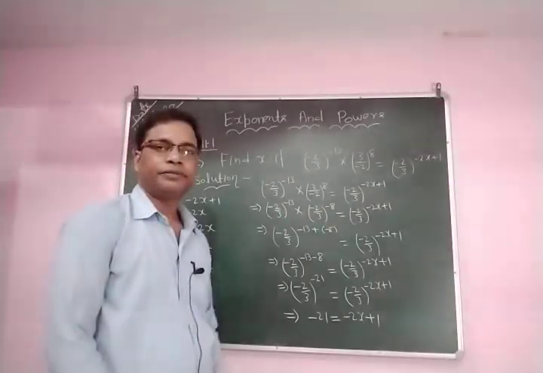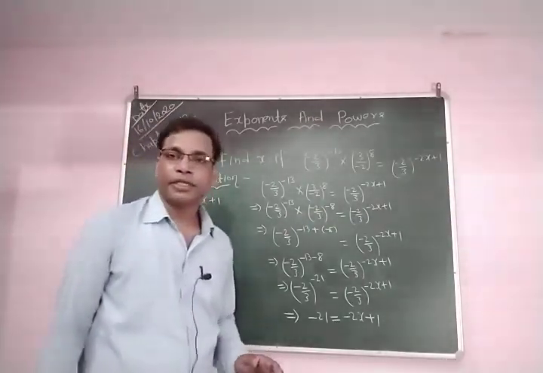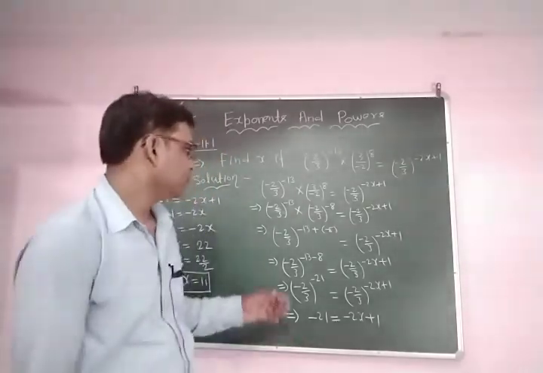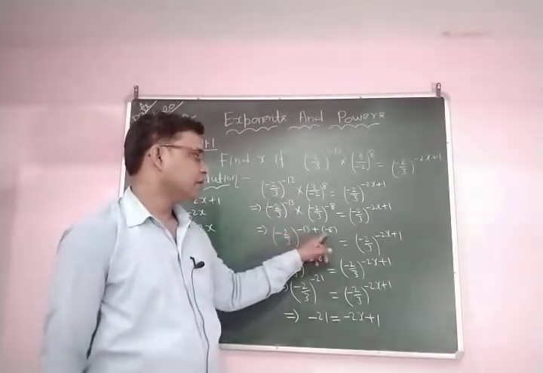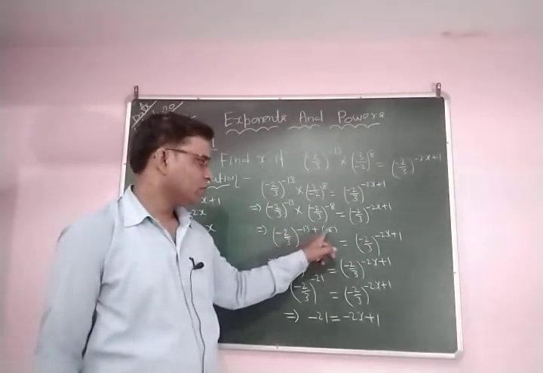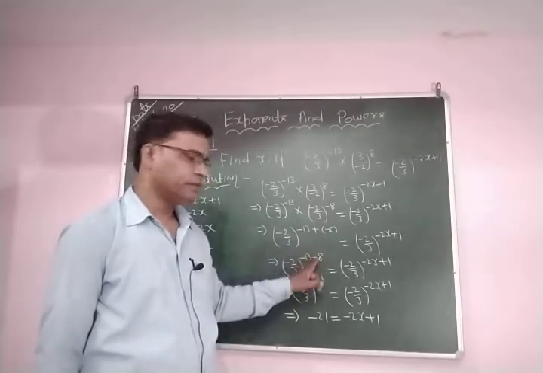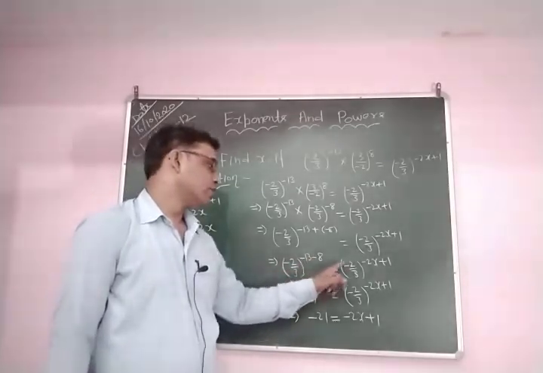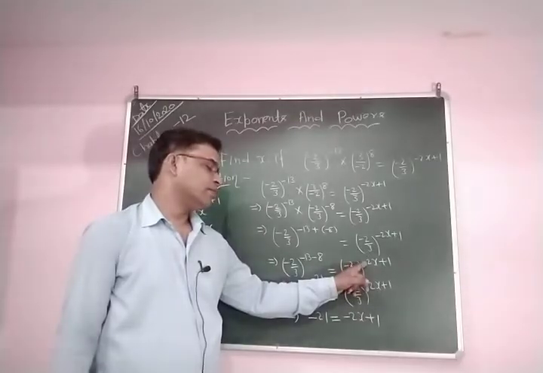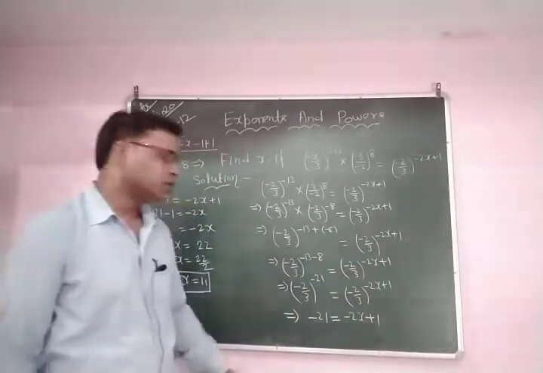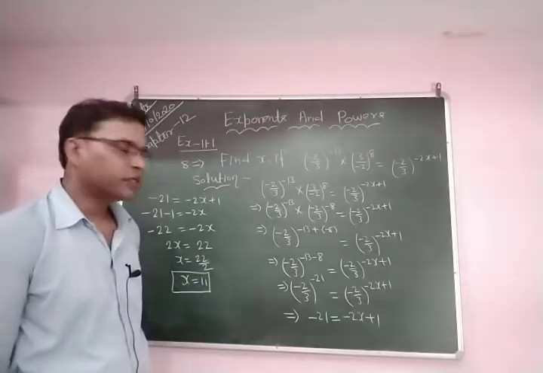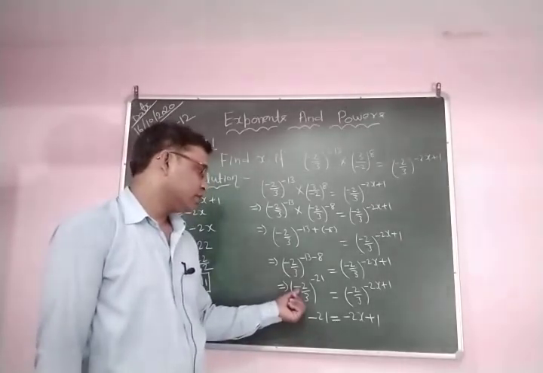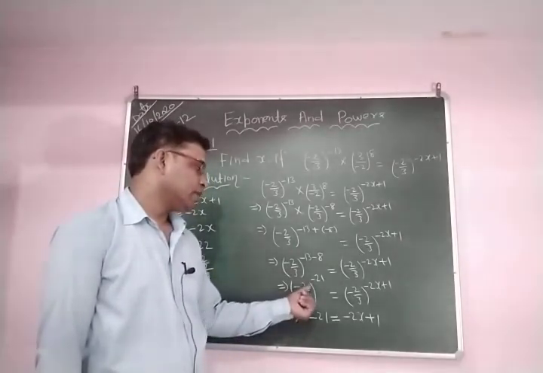So you know very well if the bases are the same and in case of multiplication, then their powers will be added. So here -13 plus -8. So here you can see plus into minus becomes minus, so you write here minus. So we have (-2/3) power -13 - 8, which is equal to (-2/3) power -2x + 1. So -13 - 8, this is equal to -21. Now, the base is -2/3 power -21.